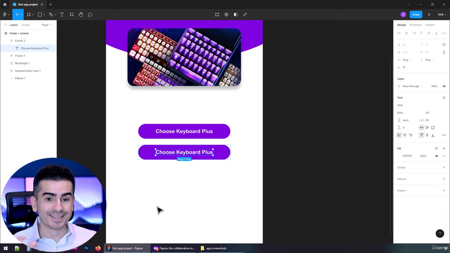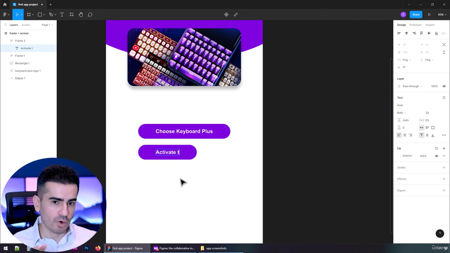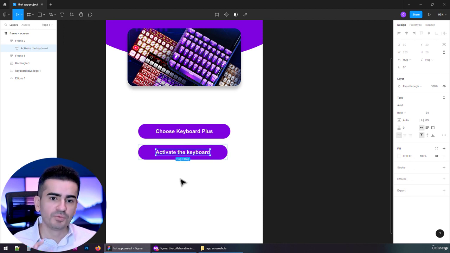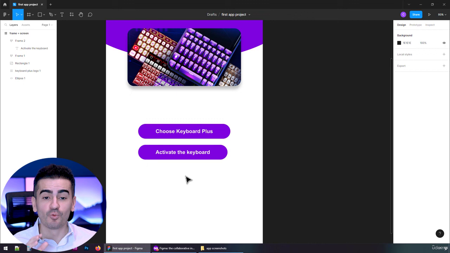Double-click once to go inside the button. Now double-click again to edit this message. Change it to activate the keyboard. So activate the keyboard. After you're done, move to the next video where I'm going to explain why we worked